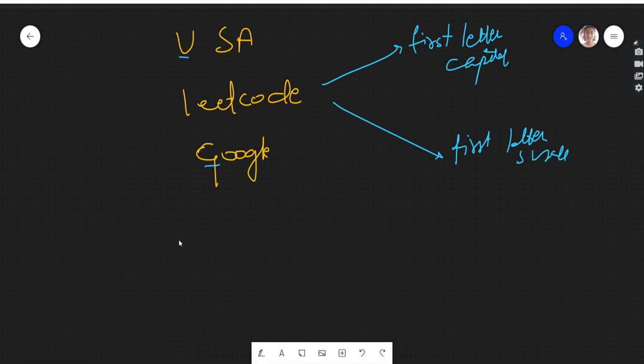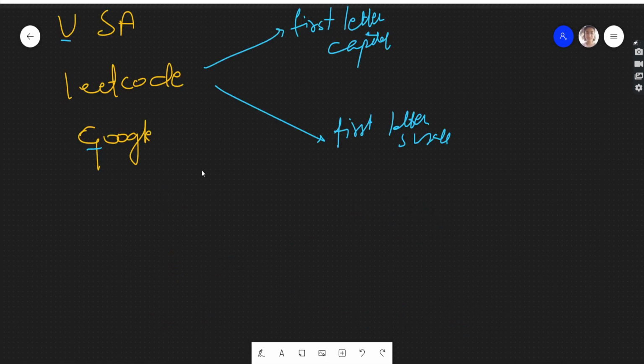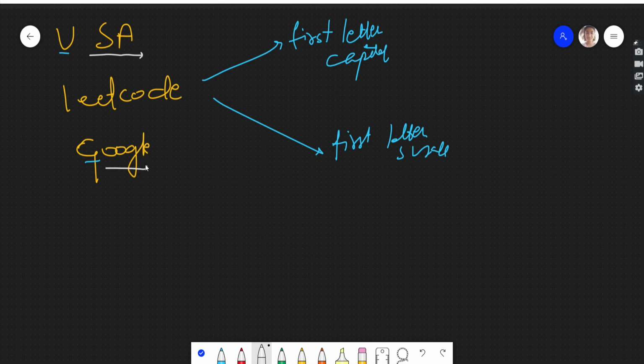Now if you see further, in the first case, after this what could be? If the first letter is capital, then either all the letters are capital or all the letters should be small. So after this, all the letters should be small or all the letters should be capital, right?